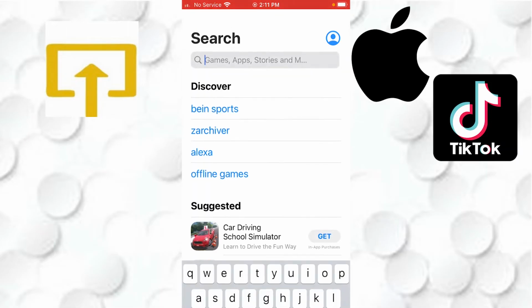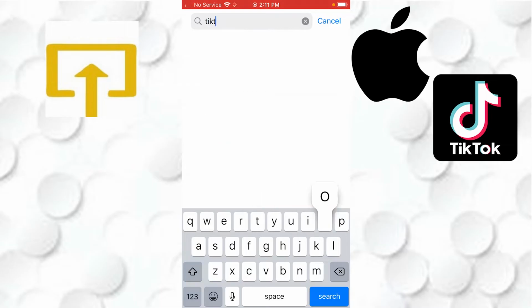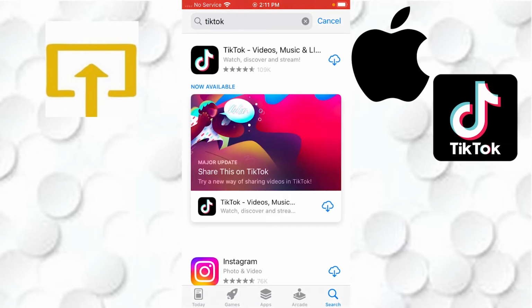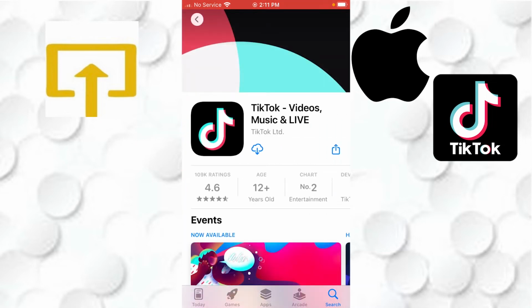Tap over there and search for TikTok like this, and hit on search again, and you can see guys there is the TikTok app available at the top of the list. Tap over there like this, and you can see the download button available over there. Click on download,